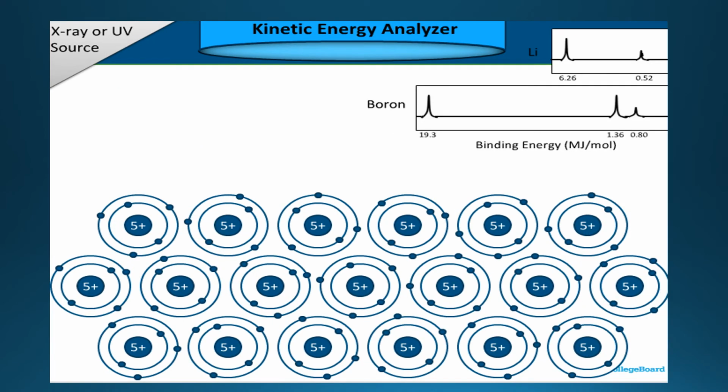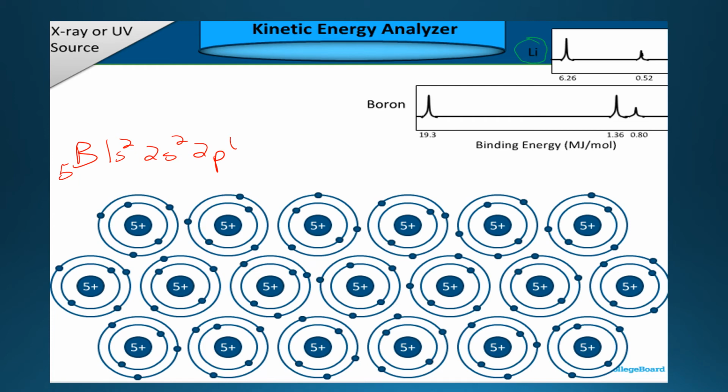This time, we have the element with 5 protons in it. So if you have 5 protons, you have boron. So 1s2, 2s2, 2p1. So your 1s electrons are held even more tightly because you have a greater nuclear charge. So on this guy, we have the lithium